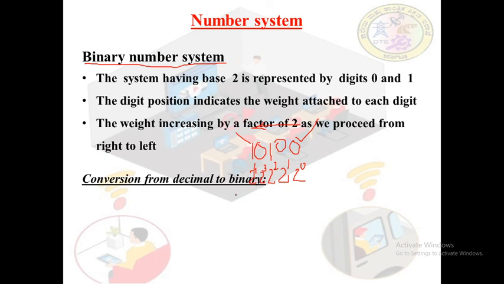We will see the conversion of a decimal number to a binary number. This binary number is not in a human understandable form. By looking at this, we cannot make out what exactly it is. Whereas with a decimal number, let us say 25, I will be able to understand that this is 25. I understand the value of this, whereas this binary number we will not be able to understand. A decimal number is represented by base 10. Here we look into the steps to convert a decimal number into its binary form.